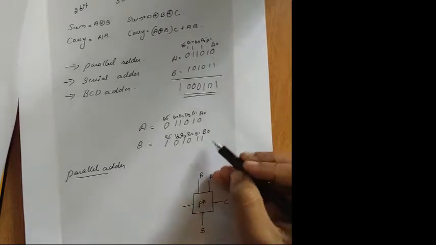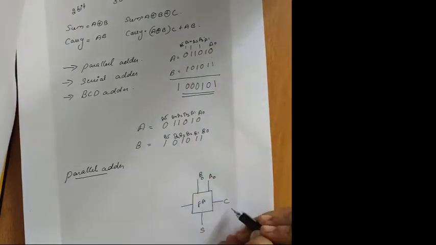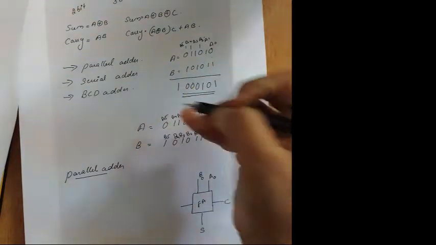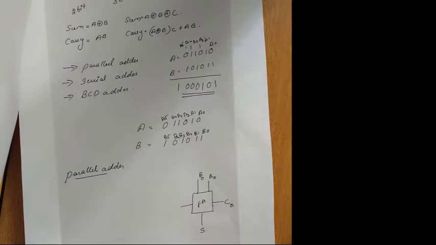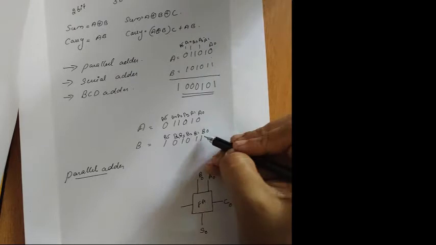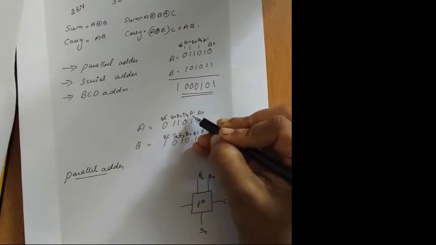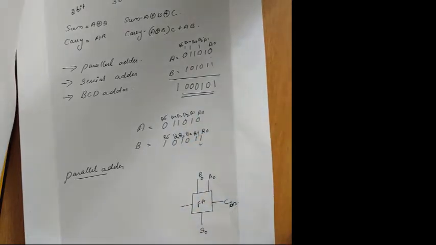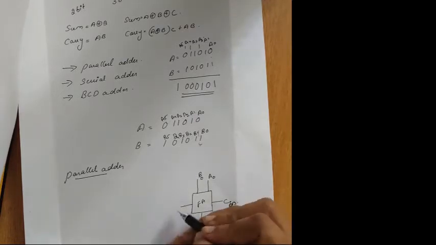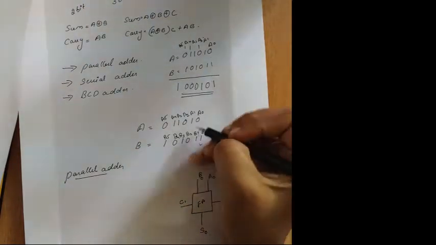Okay, so you have data A0, B0. First you are adding A0, B0. At that time you don't have a carry from the previous data, so your C will be C0. Your sum will be S0, and the first carry after adding these two will be passed to the next data, isn't it? So let it be C in, A, B, C in. This will be your C1. After adding these two, the carry will be passed to C1.